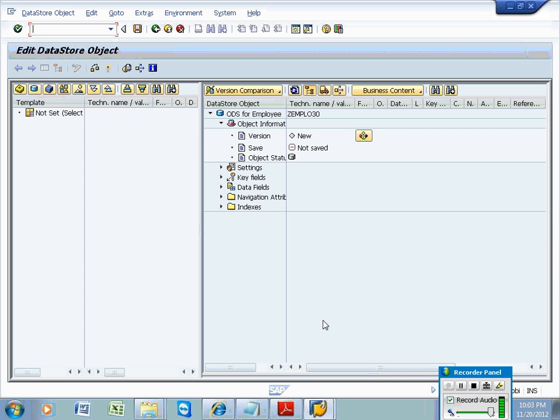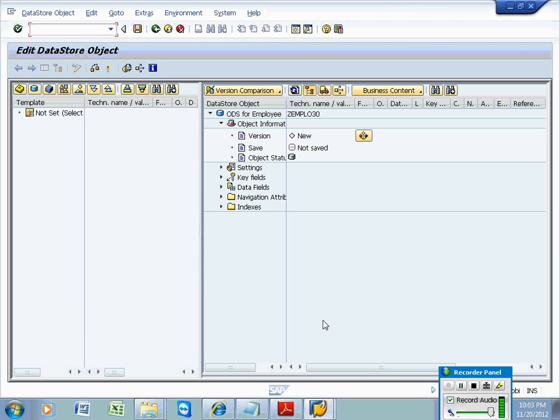In certain cases they do keep it as DSO in the technical naming. Typically it depends on your naming convention document. It will be provided by your senior people while you are implementing the project. If you are in a support project, then you will have a standard naming convention document.